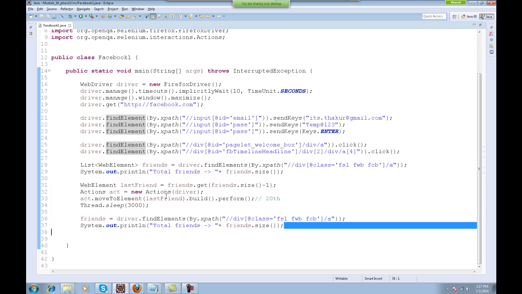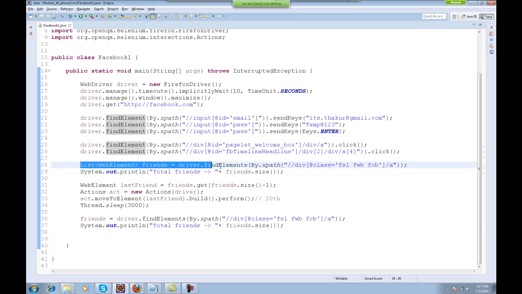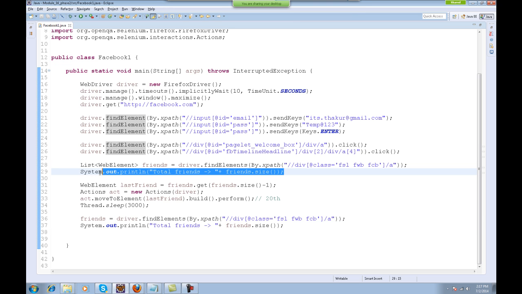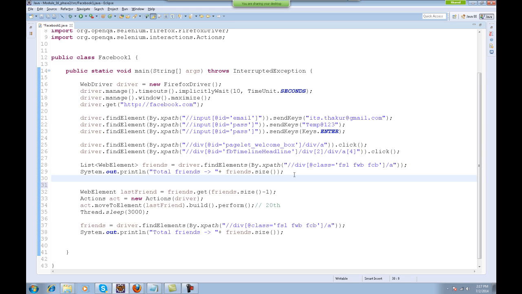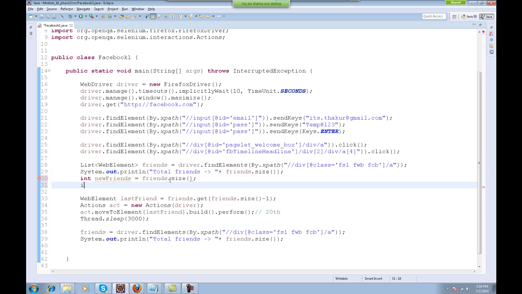Now how can I use this logic again and again? What I can do is extract the friend list over here. This will be the total number of friends, and I can take up a variable, int newFriends, equals the total number of friends you have extracted, and int oldFriends.